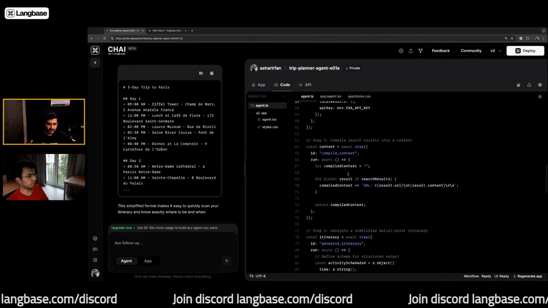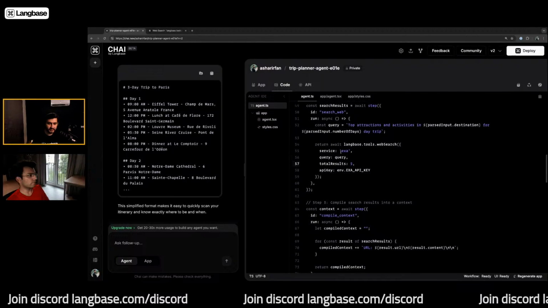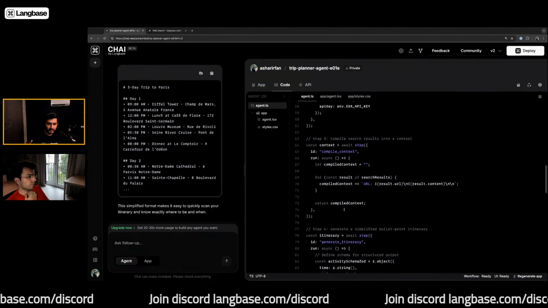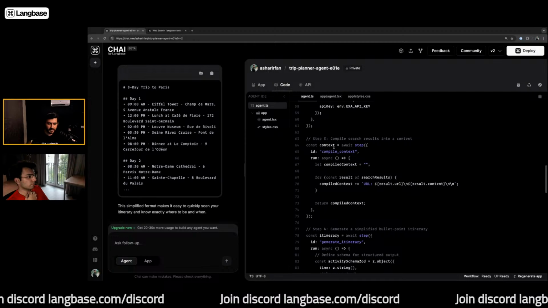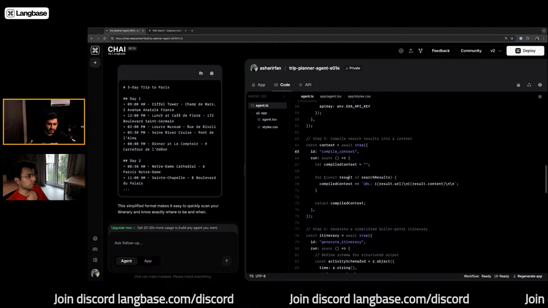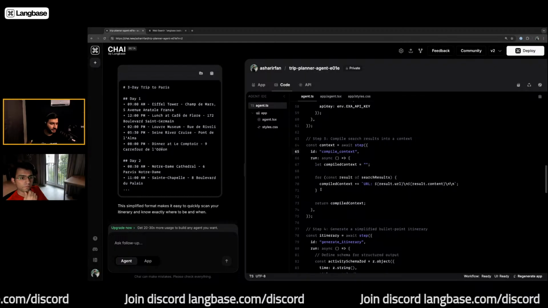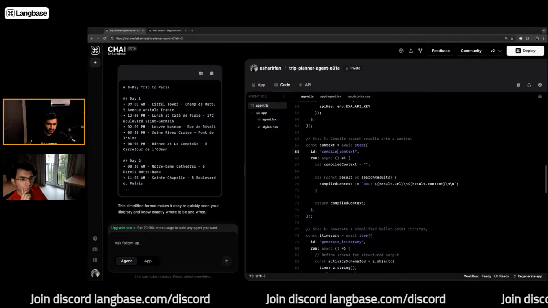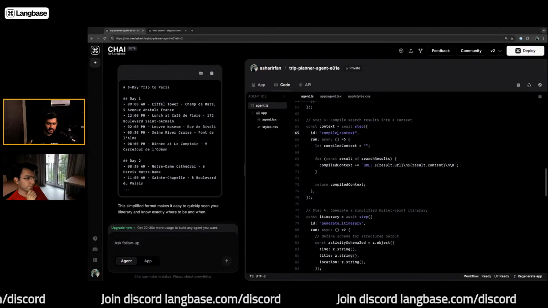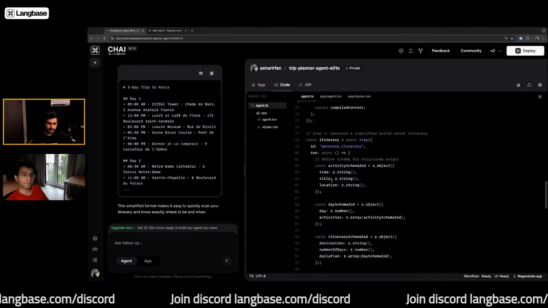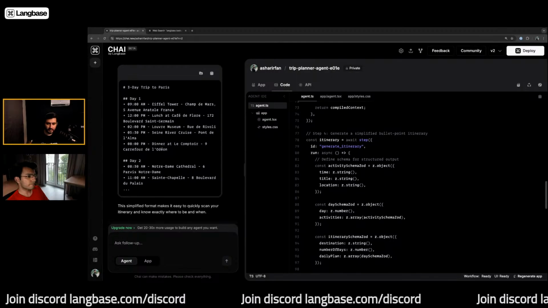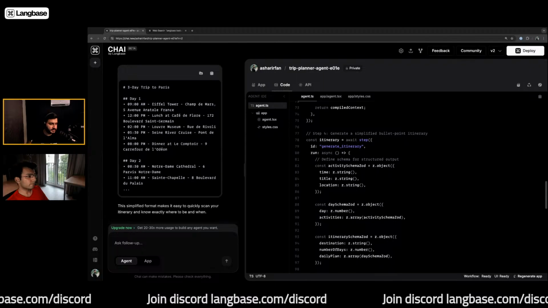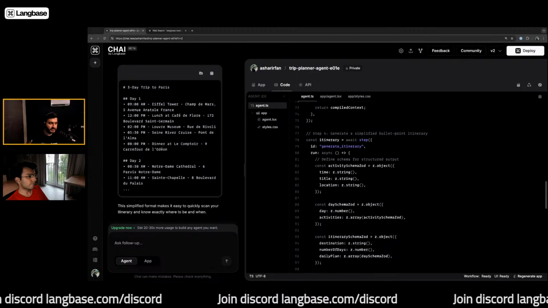Once it collects that information, it compiles all the search results it received in the compile context step. Next, it passes the context it got from the web, plus the user's input,